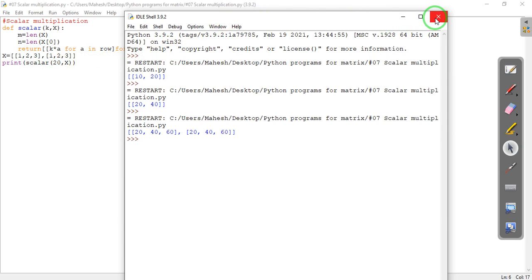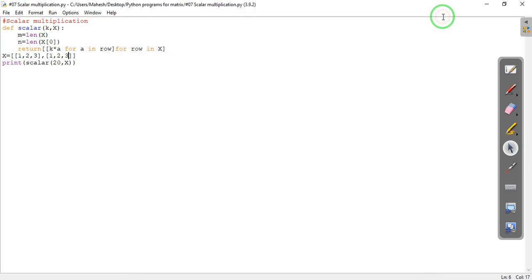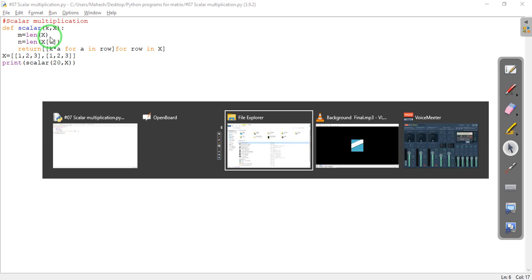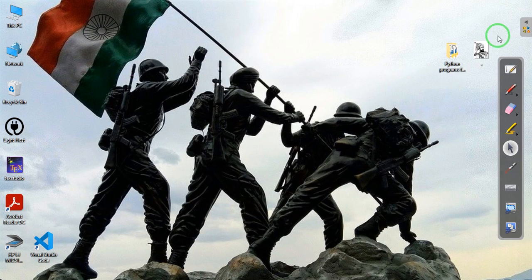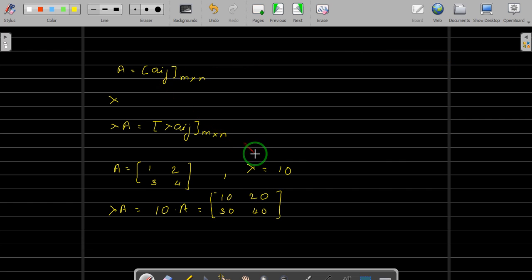Okay, now let me tell you why we have taken this length of x and why it is x0. Now here this is the length of the vectors in x. Now here we are writing this matrix row wise. So we have written that A in the program as 1 2 3 4.